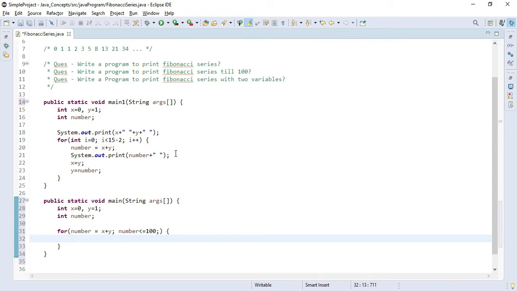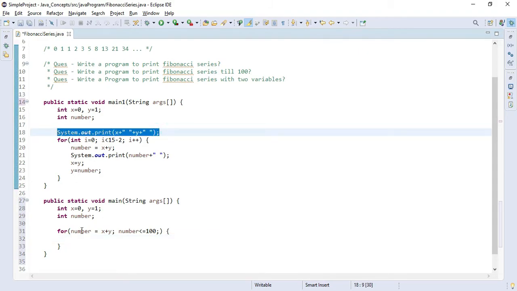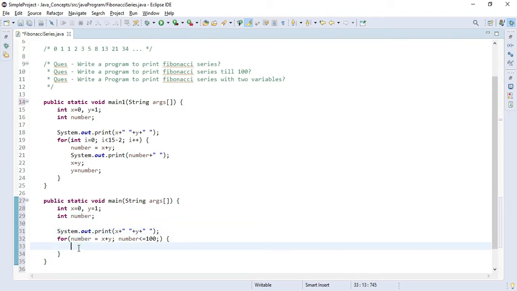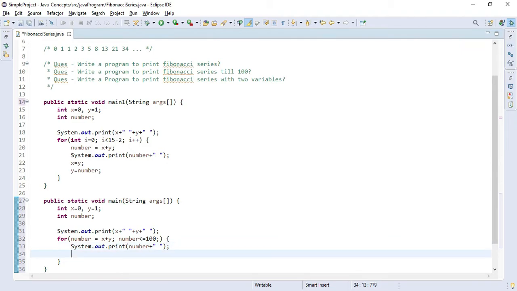To print the first two variables we will simply copy the same logic like this, and from the third value we'll print like this.